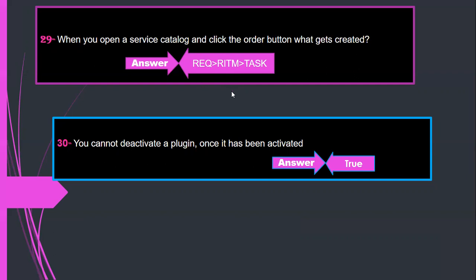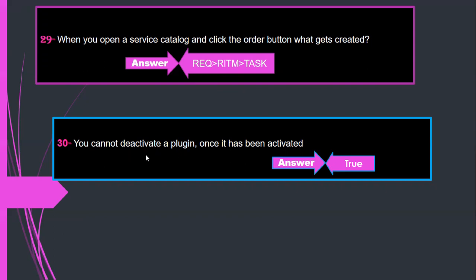Under one request, multiple RITMs are created, or one also, but majorly we use multiple RITMs, and then multiple tasks are there. These types of relations are called one-to-many and many-to-many.